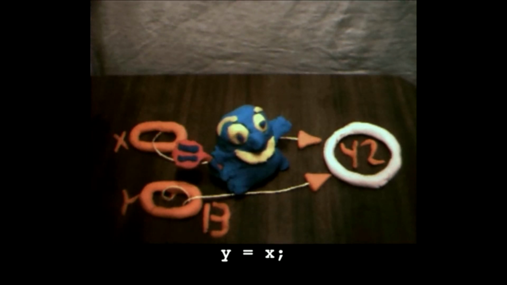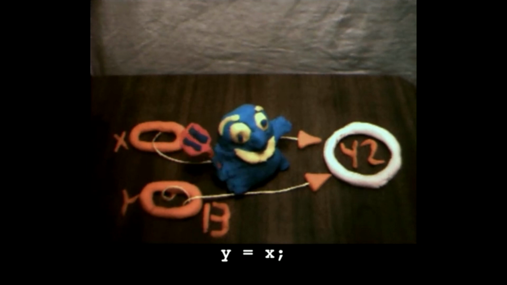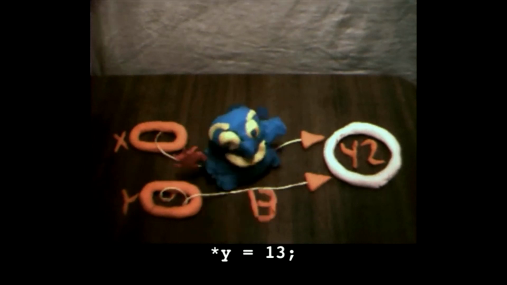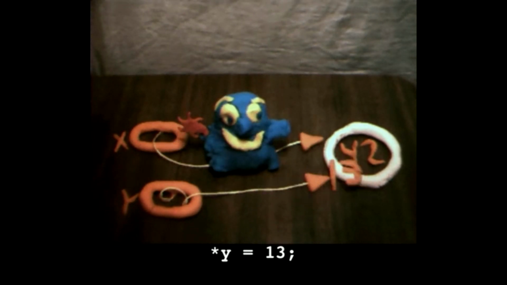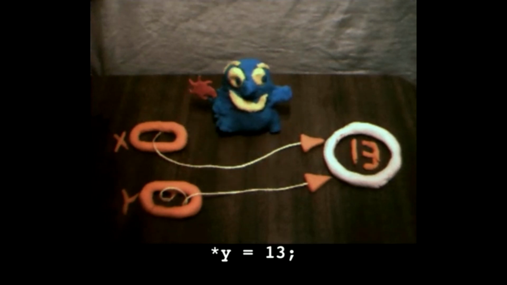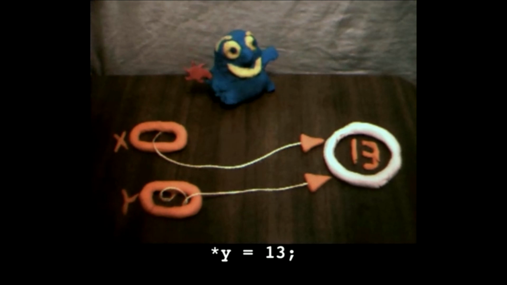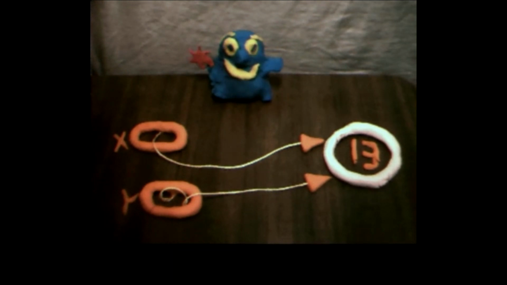So wait, now y is fixed. It has a pointee. So you can try the wand of dereferencing again to send the 13 over. Okay, here goes. Hey, look at that. Now dereferencing works on y. And because the pointers are sharing that one pointee, they both see the 13. Yeah, sharing, whatever. So, are we going to switch places now? Oh, look, we're out of time.